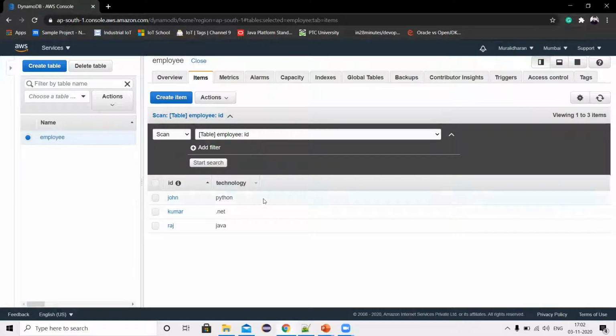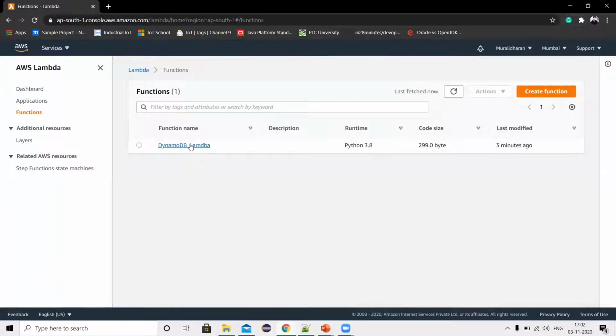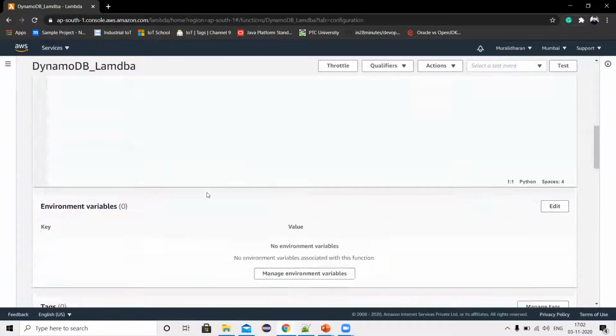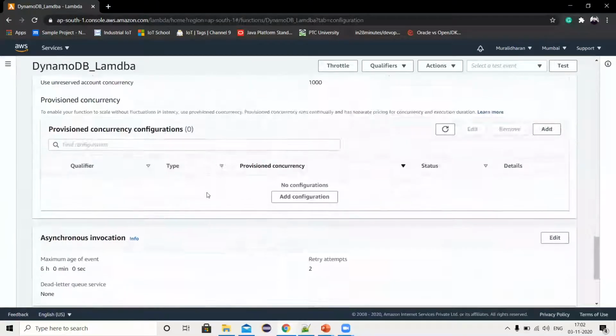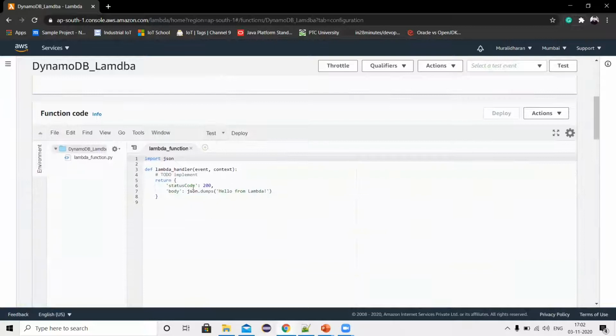This is completed, and we switch back to the Lambda function, and we will write the code to get the data from DynamoDB. This is the default function.